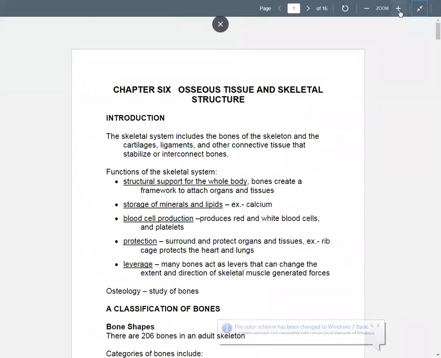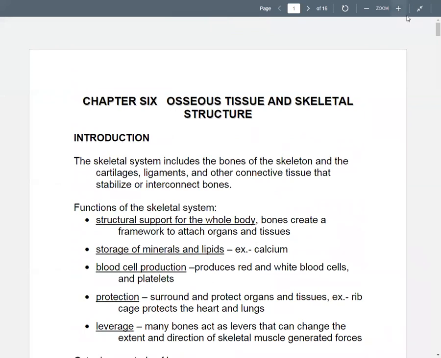All right, so let's start chapter 6. This one is going to be more about the skeletal system. Okay. So, skeletal system,